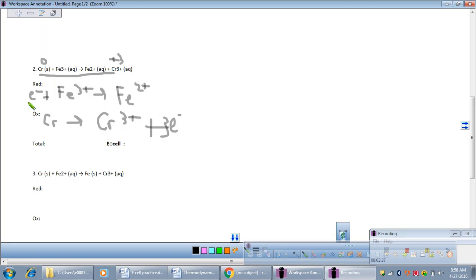Okay, look here. We need to put in 1 electron for the iron to be reduced, but chromium gives up 3 electrons. We must balance the electron transfer. So we're going to take the top reaction and multiply it all by 3. So when we get our total, the electrons cancel out. Remember that this is also called your net ionic equation because our spectator ions have already been canceled out. They are not participating in the redox reaction. So our iron reacts with solid chromium to form iron with a new charge